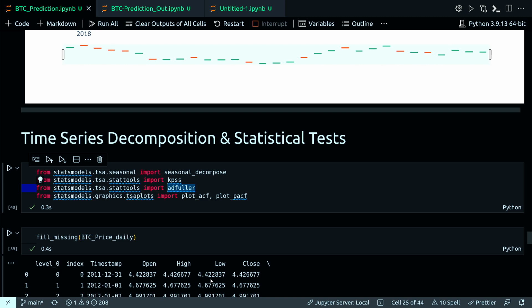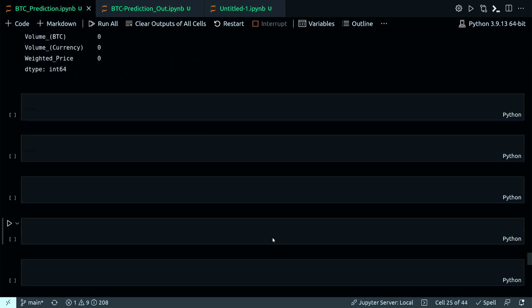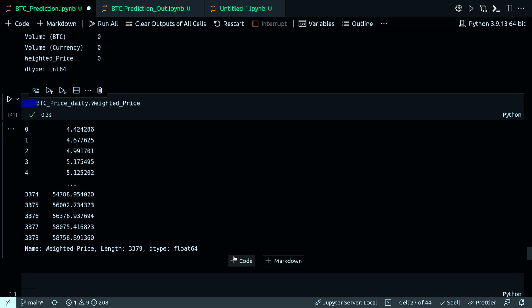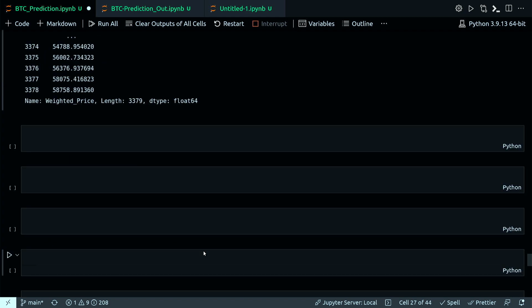Actually, the result object provides us access to the trend and seasonal series as arrays. It also provides access to the residuals, which are the time series after the trend and seasonal components are removed. And finally, the original or observed data is also stored. So to use the first, let me see if I'm getting BTC price daily weighted price as an array. Yeah, so this is my weighted price. Length is 3379, dtype float64. Okay,